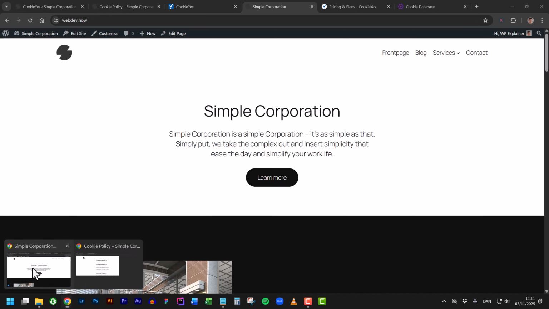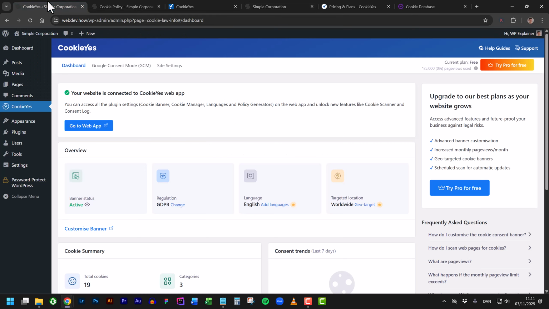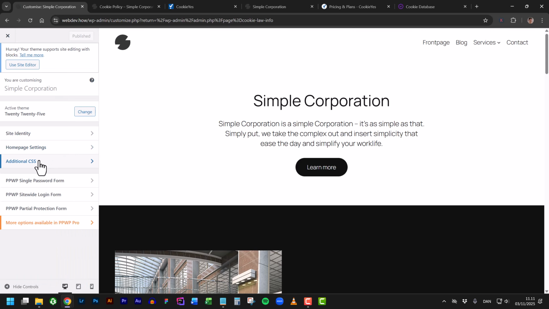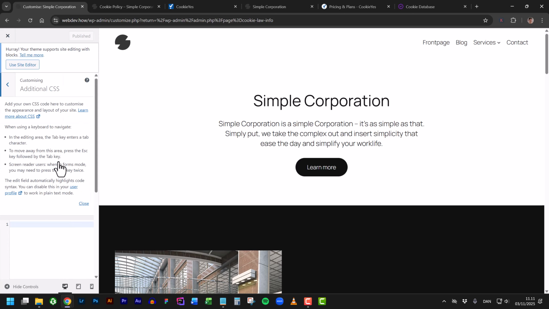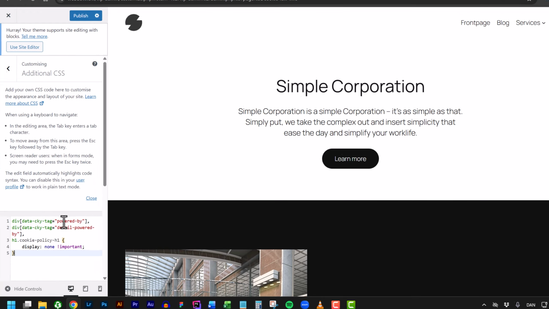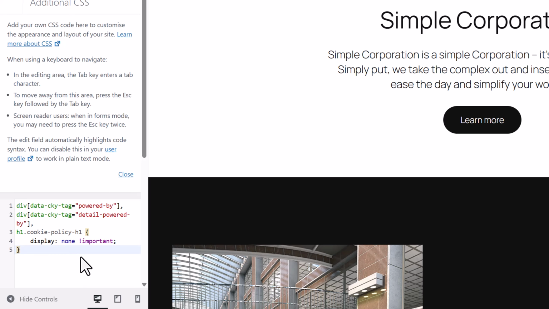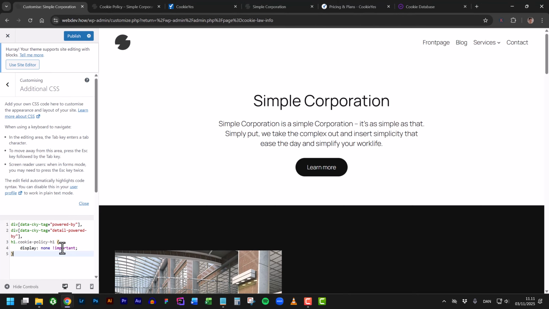So if we just go back to the WordPress website, and we go to Appearance and Customize, then we have the option to add some additional CSS. And I'll copy this code down in the description so you have that. And this actually just removes the powered by information, and it also removes the extra headline. So if we publish this,